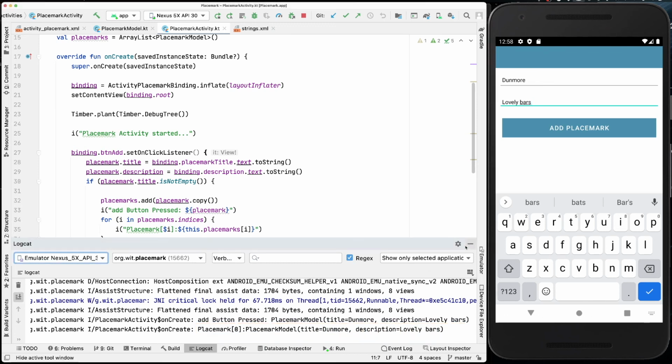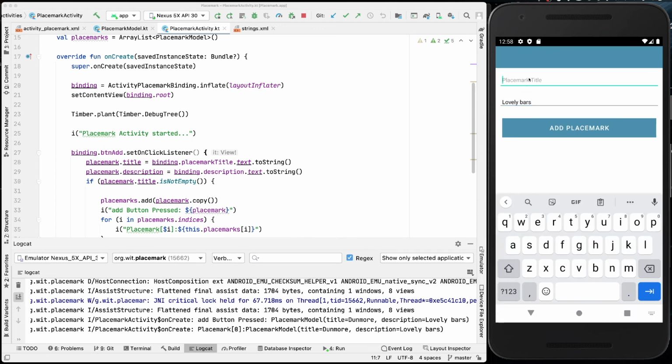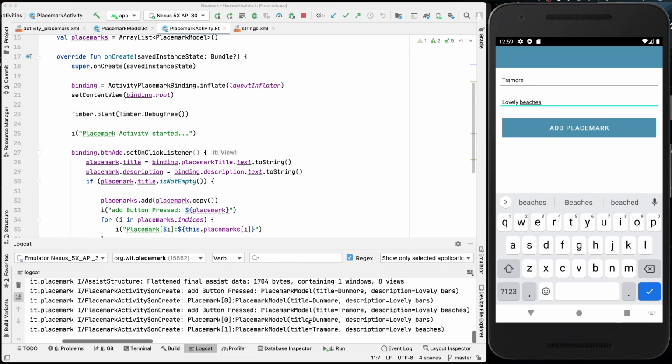So if we go back and we do this again, and we'll add a new one. Now we do have to delete back, so we would need to make sure. So we go through more. Again, local areas. Okay. Lovely beaches. And add, and if we go back over here to our logcat again,